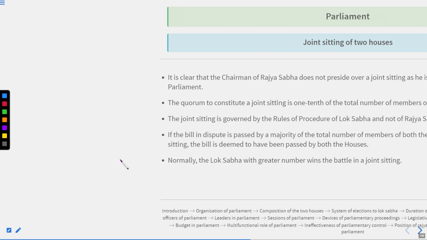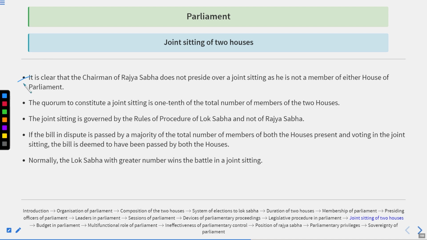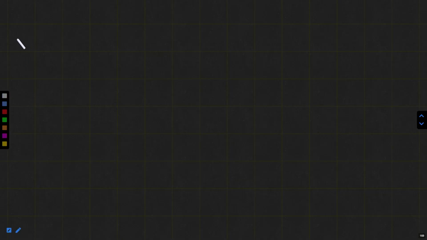All right. After this, it is clear that the chairman of Rajya Sabha does not preside over the joint sitting as he is not a member of either house of the parliament. This is what we had already discussed. Like if we talk about the presiding officers of parliament,